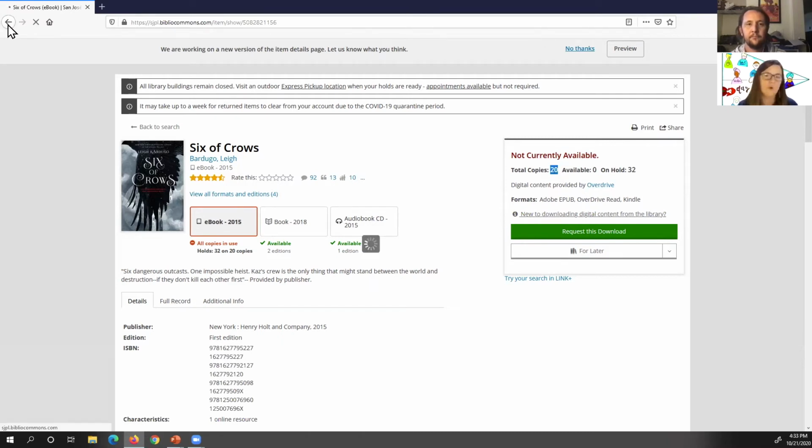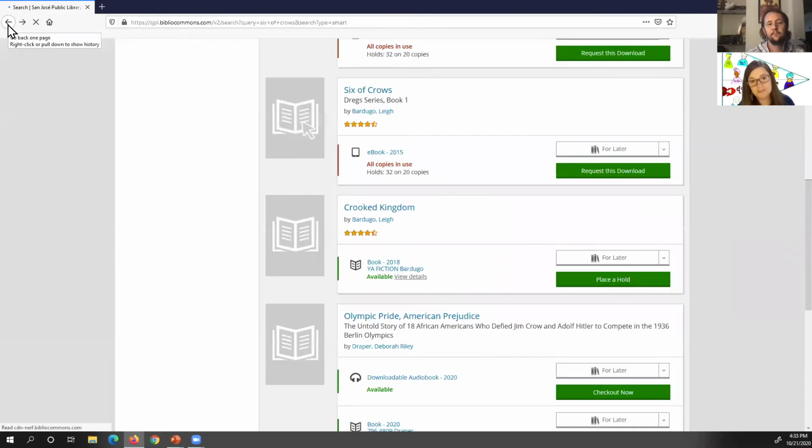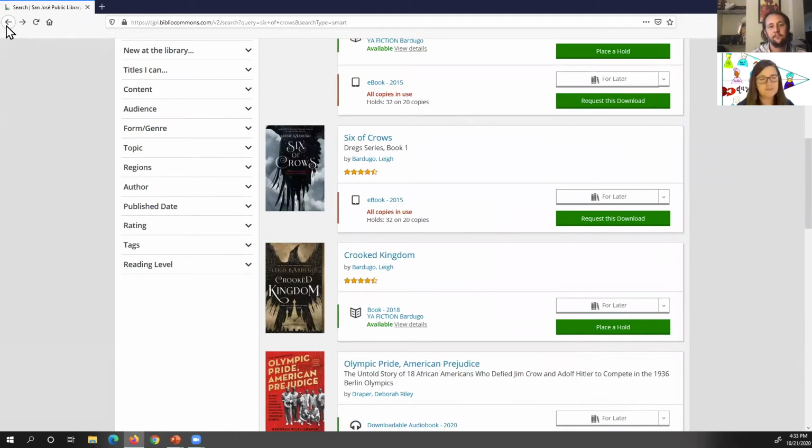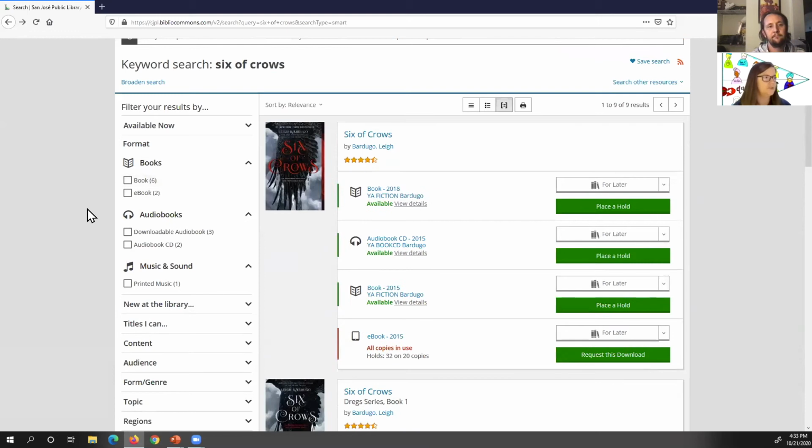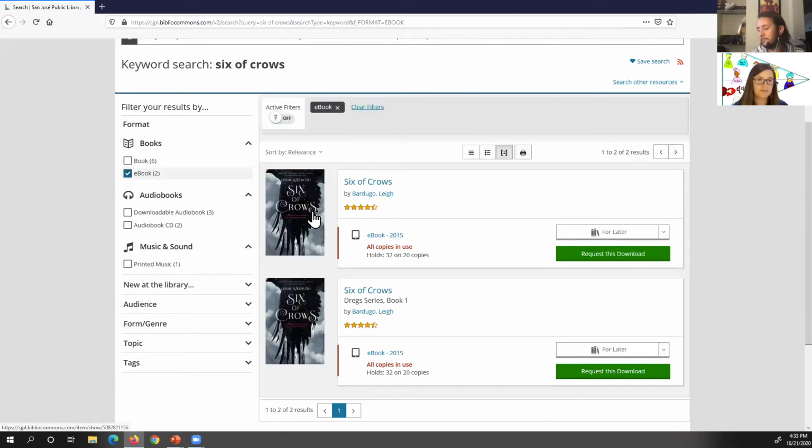So one of the best places to start in looking for electronic resources is actually our plain catalog, and you can actually filter this. So if you're not interested in seeing book resources, you can click and see only ebook resources. But if it's available in several different ebook vendors, you'll be able to see all of those different options in order to download it, because sometimes it's checked out in one of our ebooks and not in the other.